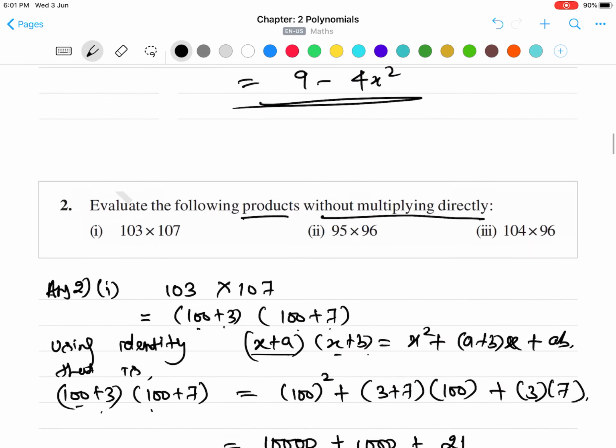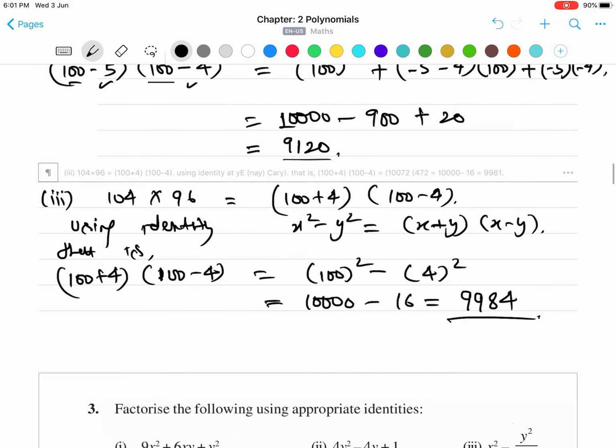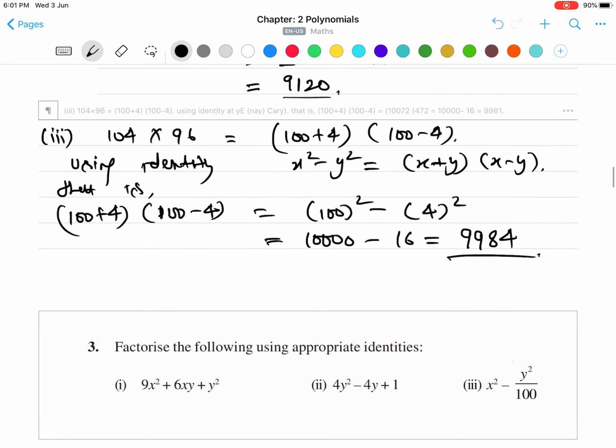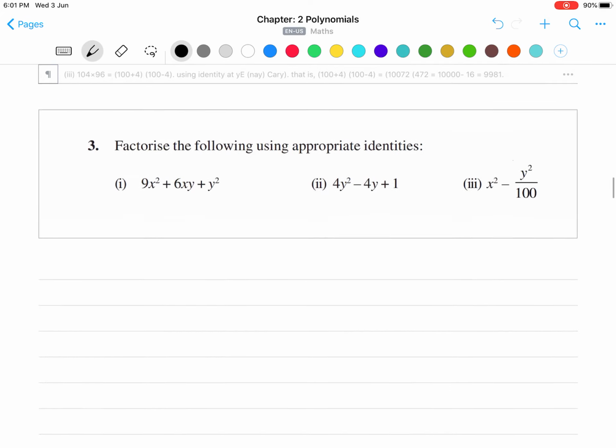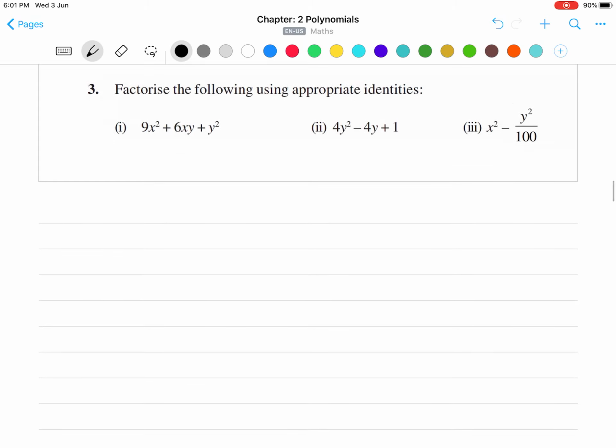Okay, we have found the product of the given numbers without actually multiplying them. Instead we have used different algebraic identities. Now come to question number 3. We have to factorize the following using appropriate identities. So this is a very important question. Let's write its answer. Question number 3 part 1. We have